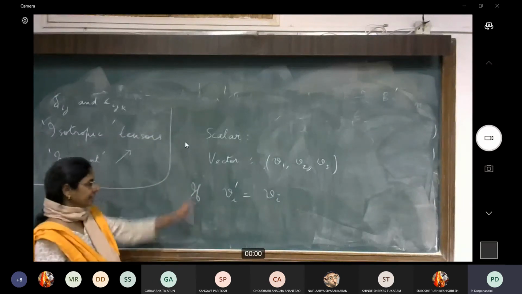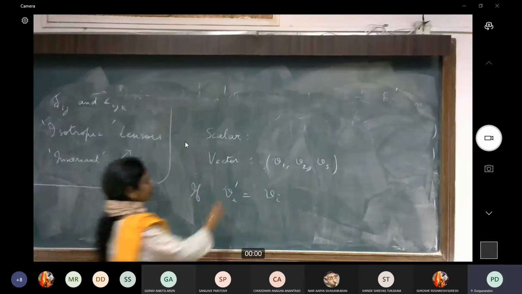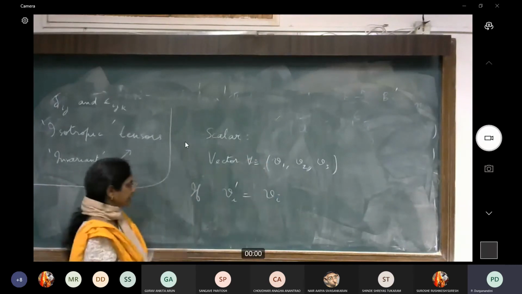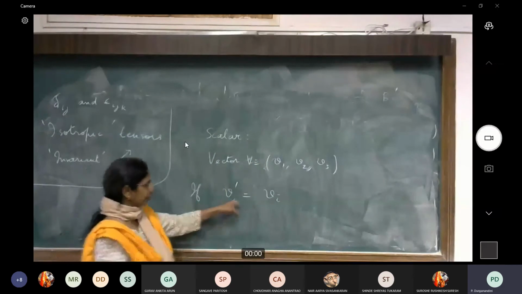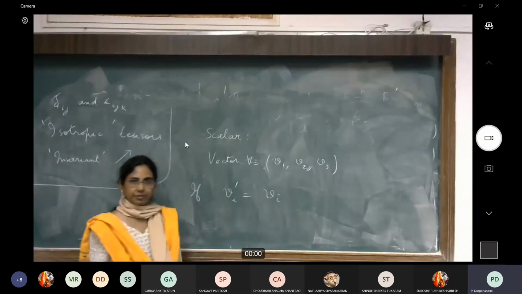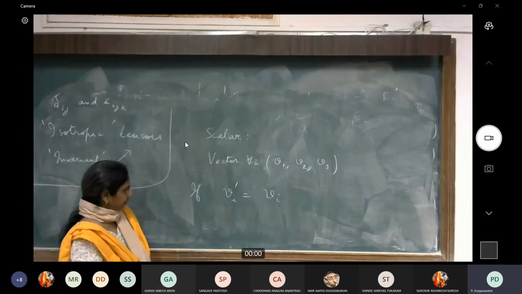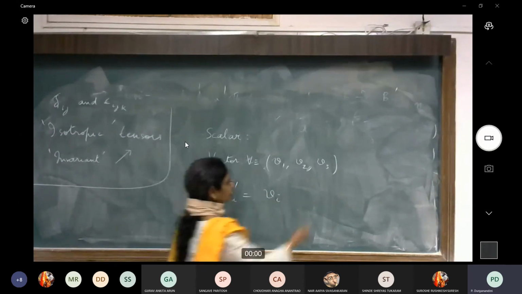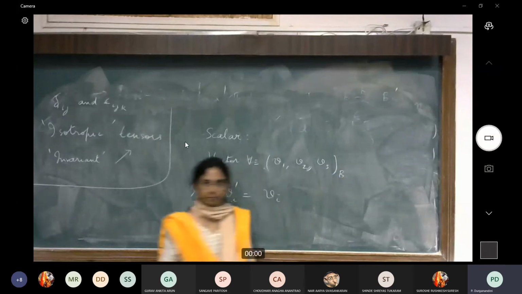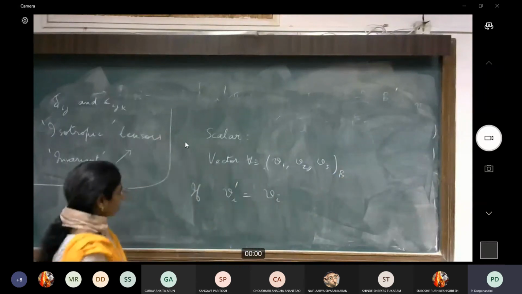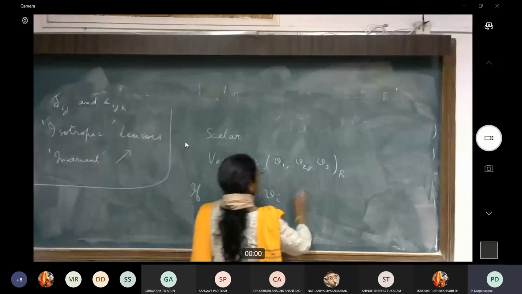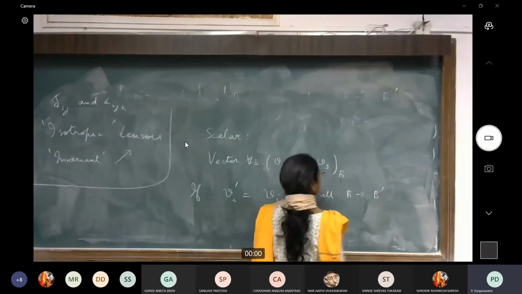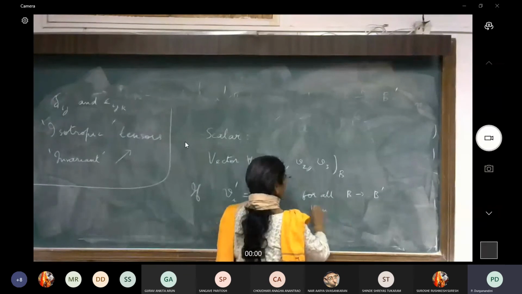Right? In that case, I will say that this vector, so suppose I have a vector v, which is given like this with respect to some basis, and with respect to the other basis, if the components are the same, then I will say that my vector is an isotropic one. And this is with respect to all possible bases which are related to this basis by rotation transformations. Right? But what does this mean for all b going to b prime? Then b is isotropic.